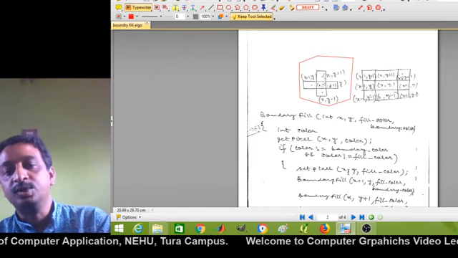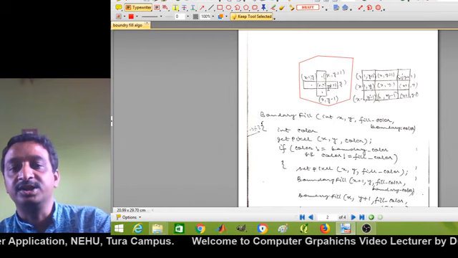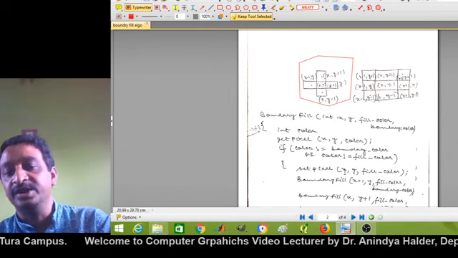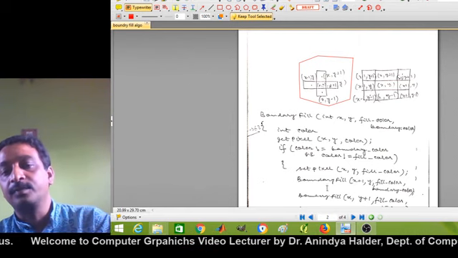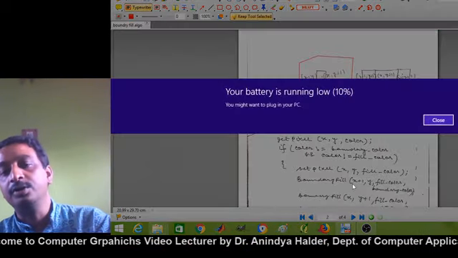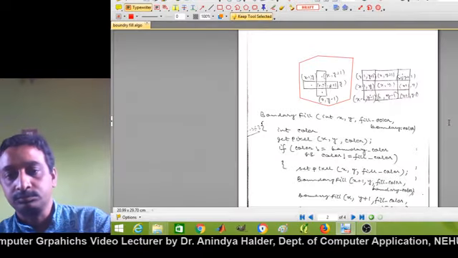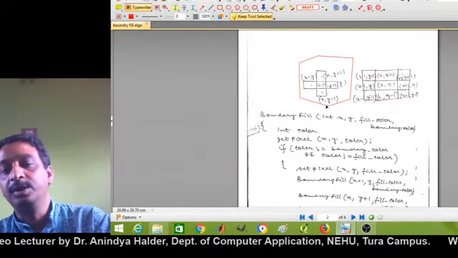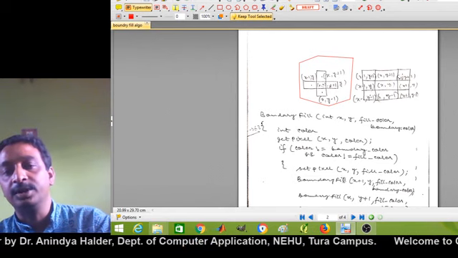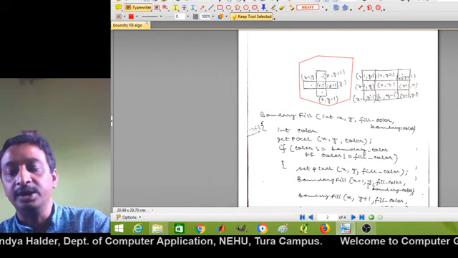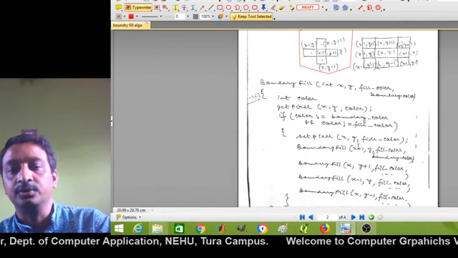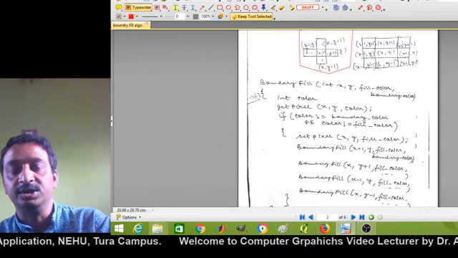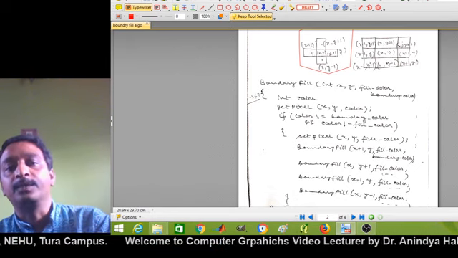Then that seed pixel xy is filled with the fill color with the setPixel command. Next it calls the same algorithm with all its neighboring pixels. So x plus 1, y, fill color, boundary color, that is the left pixel.